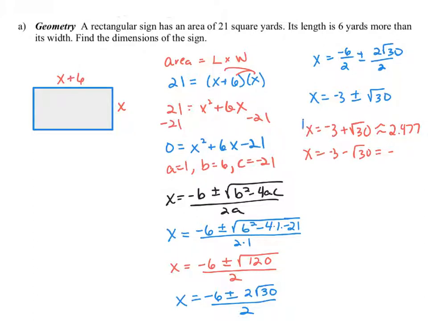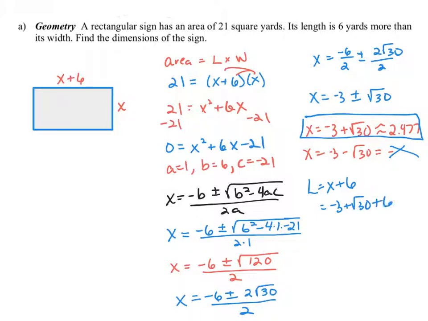So we can say the answer we get for x is negative 3 plus the square root of 30, because the other one ends up being negative. Now let's look at the dimensions. The dimensions are the length and the width. The length is x plus 6. And we just found that x is negative 3 plus the square root of 30. So that's going to be negative 3 plus the square root of 30 plus 6. So that's going to end up being 3 plus the square root of 30, which is approximately 8.477